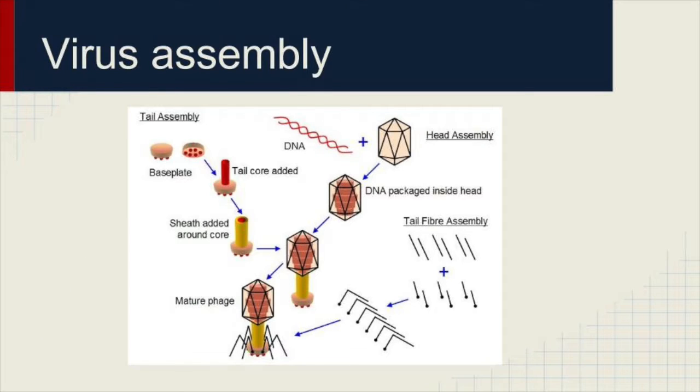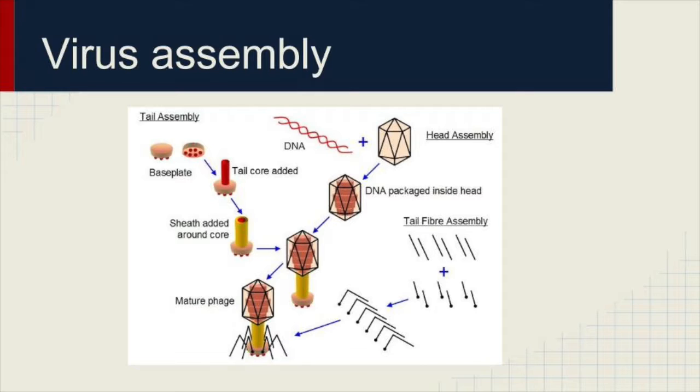Now the virus assembly that happens inside of the host cell is, as you can see, the virus assembly. What happens is the DNA mixes with the head assembly. It creates the DNA packaged inside the head. Now that is the main, or important, part of the virus, because that contains the DNA necessary for it to spread. Now if you look to the left, it has the base plate, the tail core, and then the